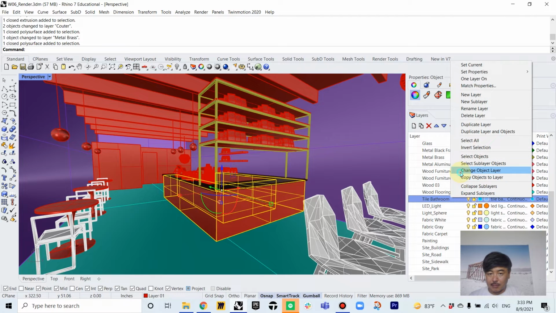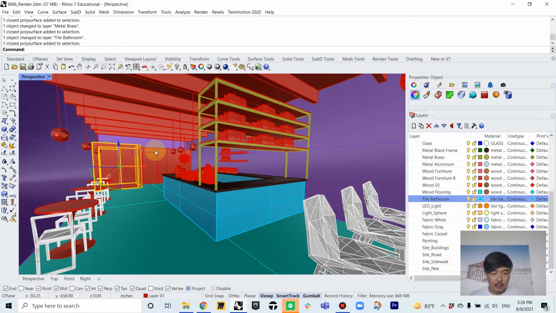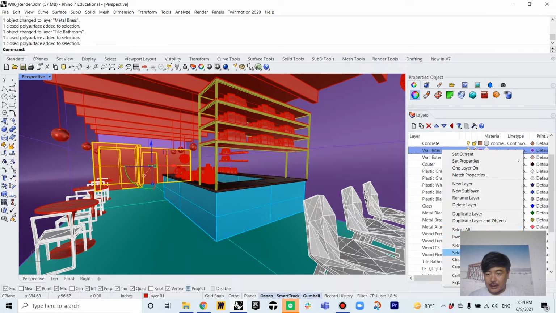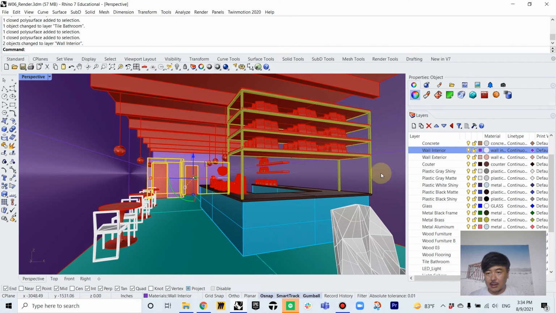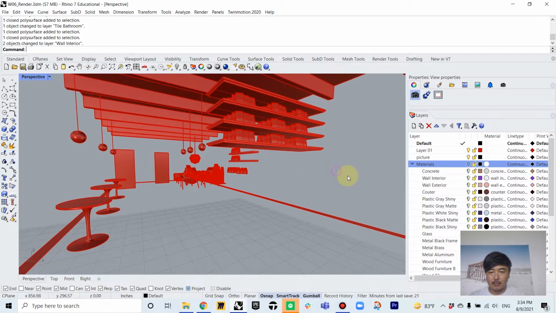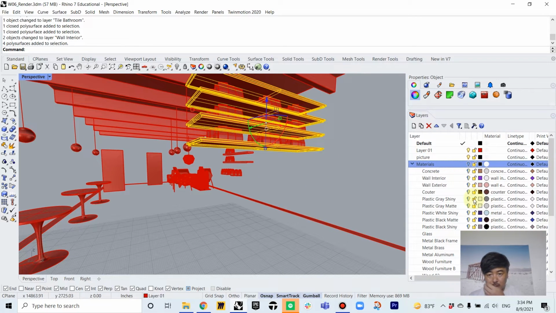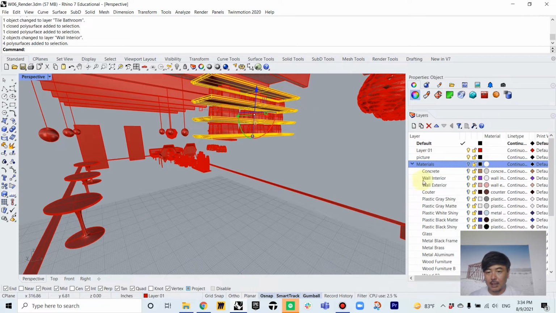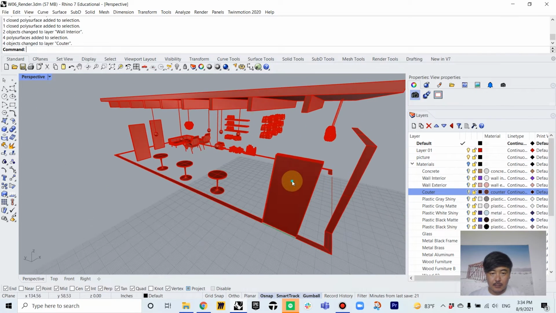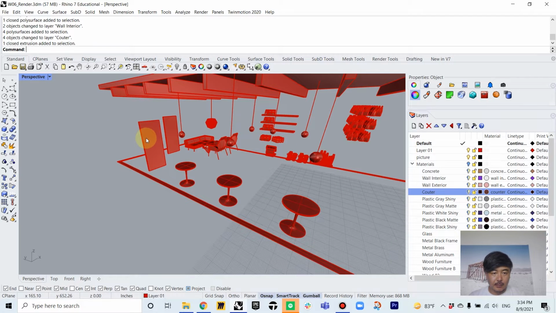I'm just going to borrow tile bathroom here, and this one should be interior wall. So the easy way to know which ones you have done and which ones you haven't done is to hide the material layer. This gives you the opportunity to see what you have not assigned. So these are the counters, and I could actually assign doors as a gray plastic gray mat,